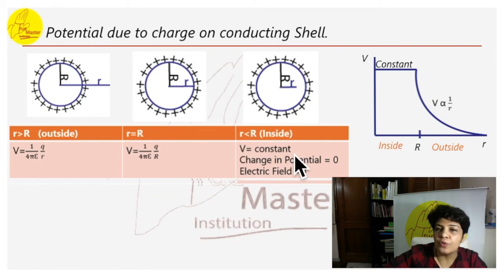So if you look at the graph, the potential is constant in case 3. This is when the test charge is placed inside, it is constant. And when the charge is outside, the potential is inversely proportional to R. How are we getting this formula? This is where we get potential inversely proportional to R. So it can be drawn in this form.